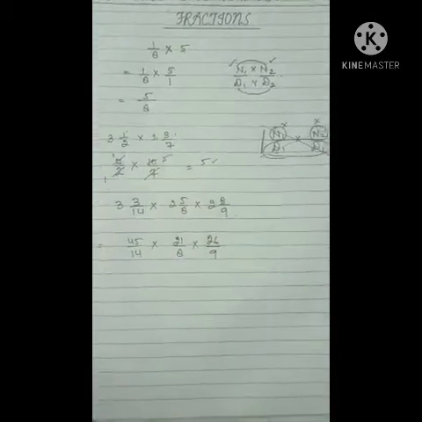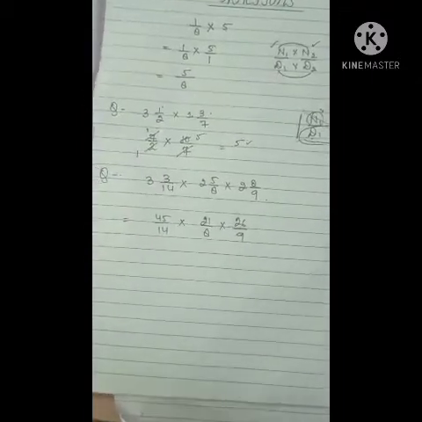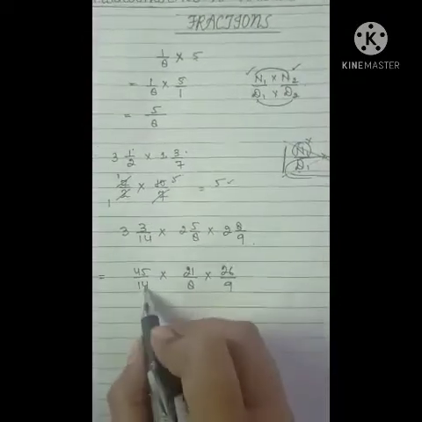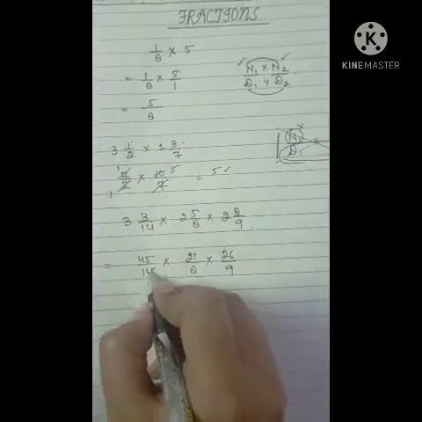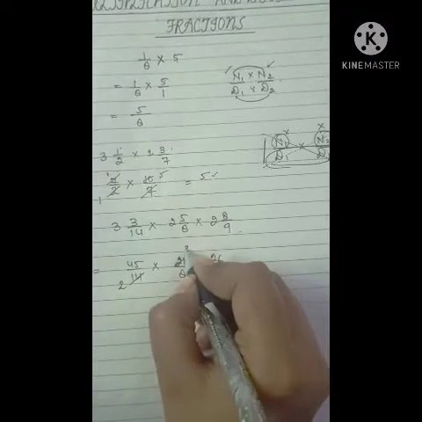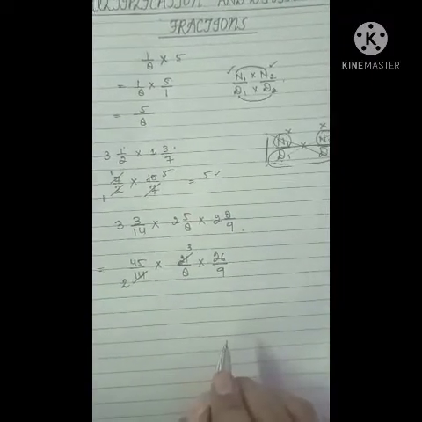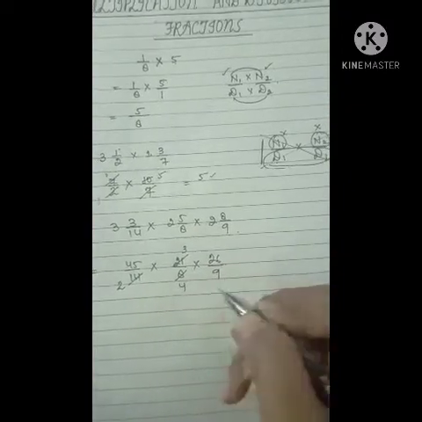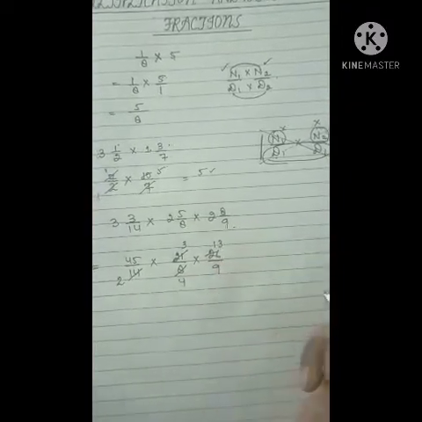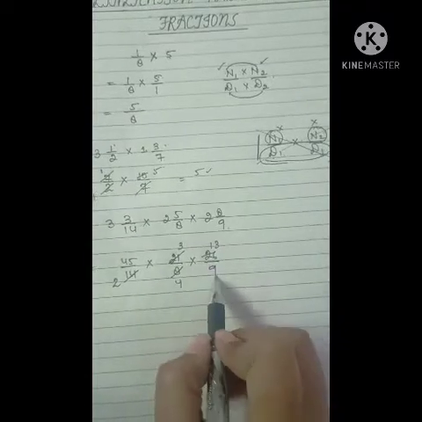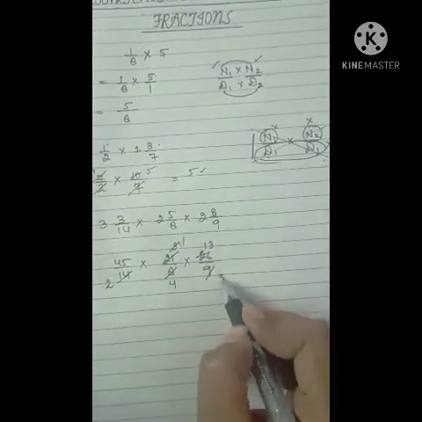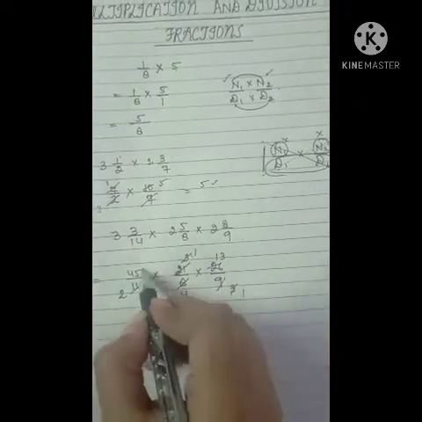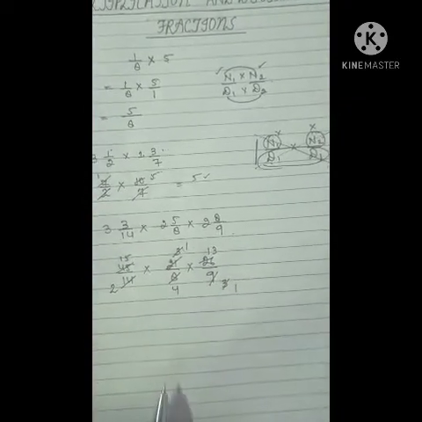Now we cancel out the numerator of one fraction to the denominator of the other fraction. See, here we have 14, here we have 21. So 7 2 times 14, 7 3 times 21. Clear? Now we have what? 2 4 times, 2 1 times, 2 3 times. This is 3 and this is 9. 3 1 times, 3 3 times. Again 3 1 times, 3 1 times, 3 5 times.